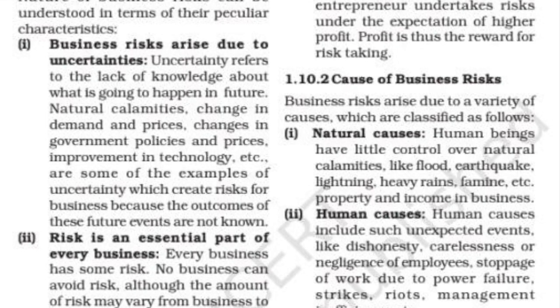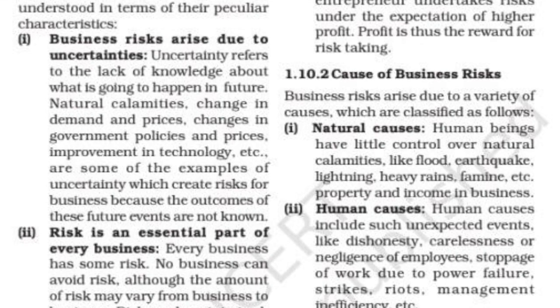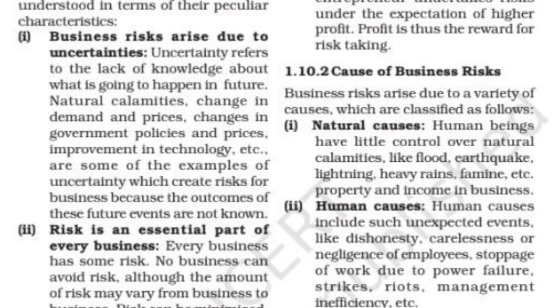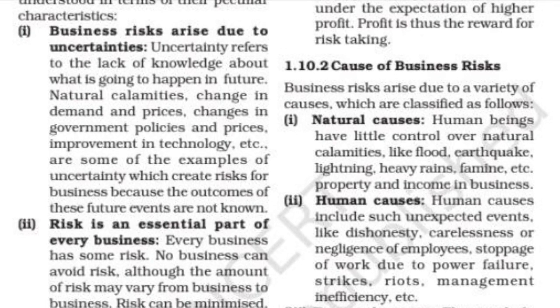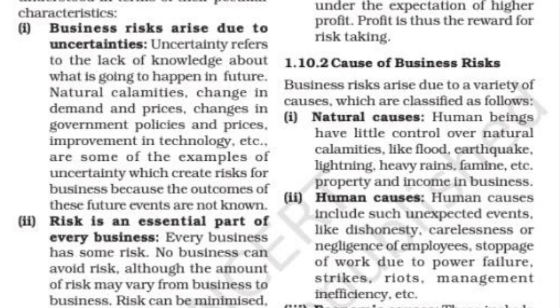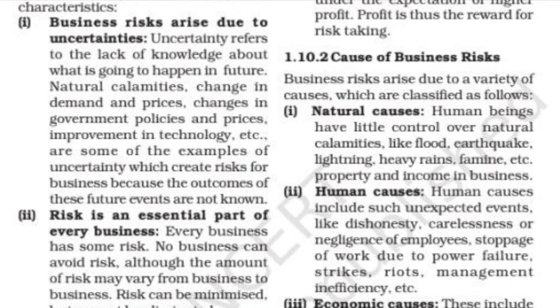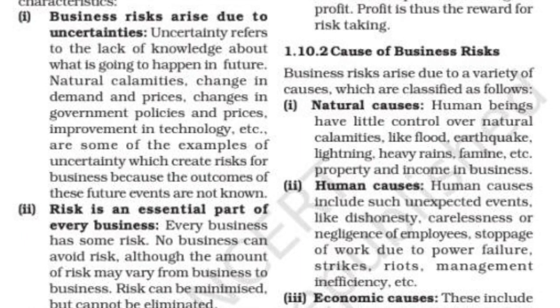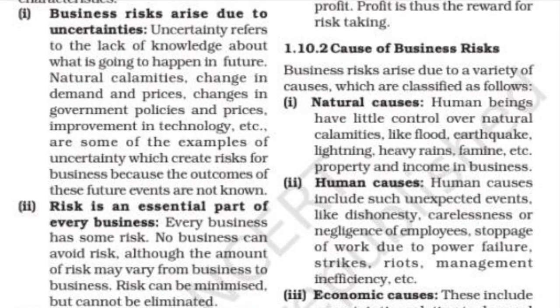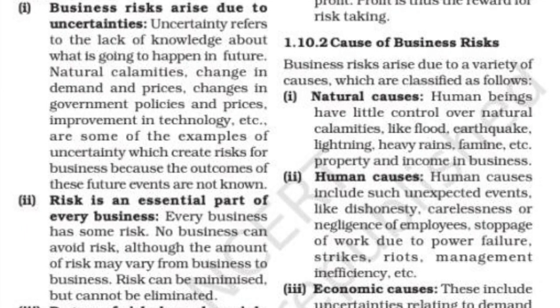So no business can avoid any risk, but it can reduce its risk. How? We all know these days, insurance policies. If I know that some kind of risk is there, but I don't know how much it can be, it can be higher also, it can be lower also. So in that case, for covering or reducing that particular risk, the business houses take insurance policies, right? So it is part of the business, we cannot avoid it, but we can minimize our risk.